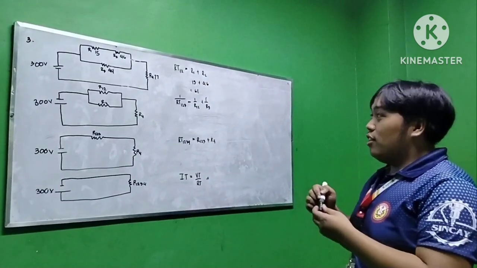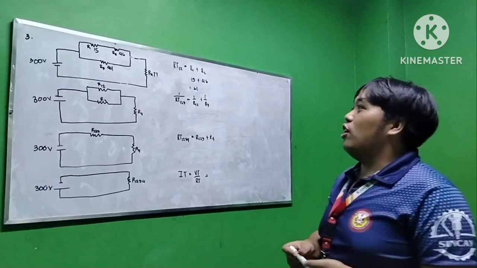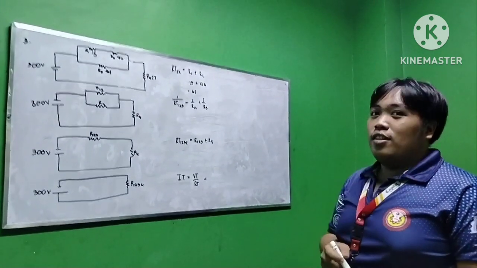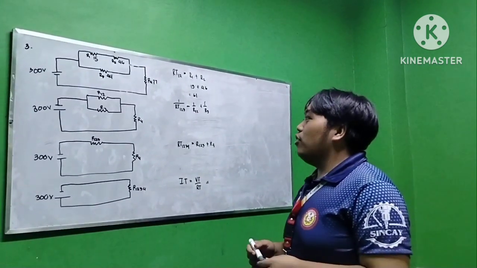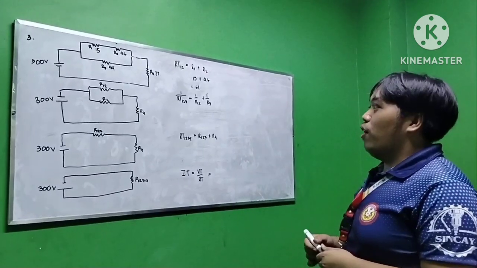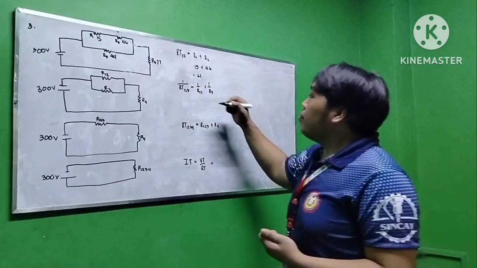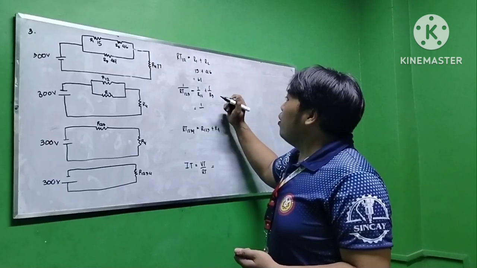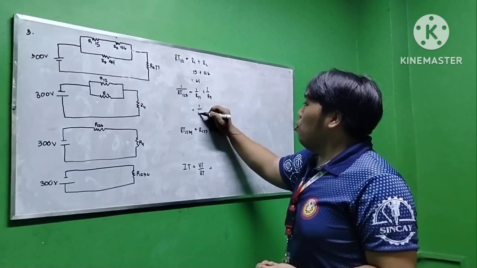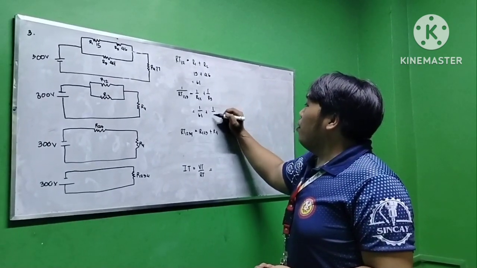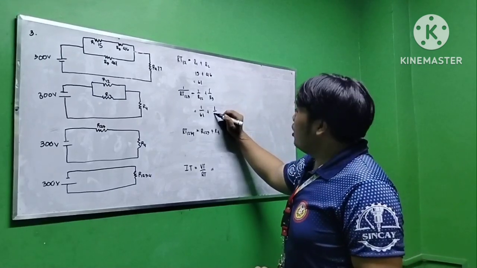After we get the R total of 1 and 2, we proceed to the parallel circuit and use the parallel circuit formula. 1 over R total of 1, 2, 3 equals 1 over R12 plus 1 over R3. So 1 over R1 and 2, which is 61, plus 1 over R3, which is 49,